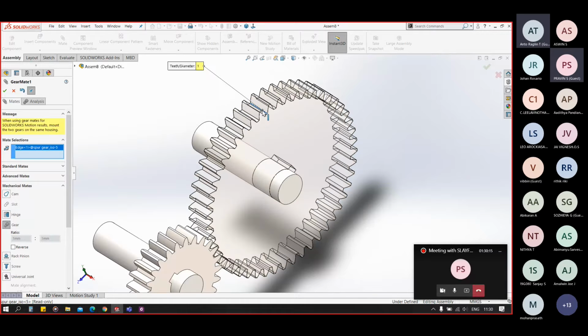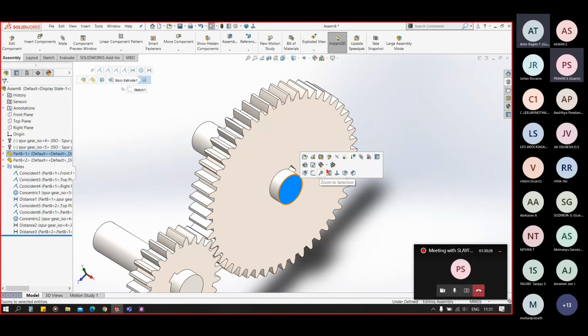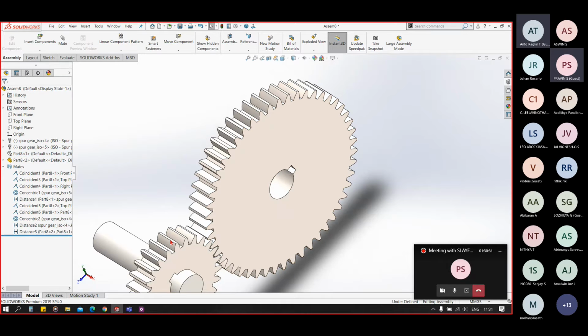You can select this and this also, but mostly we select the circular part of it. So for that, what we do, we hide this shaft temporarily.